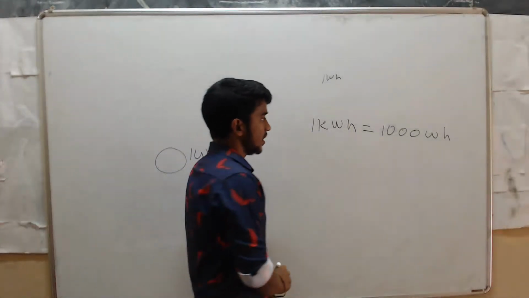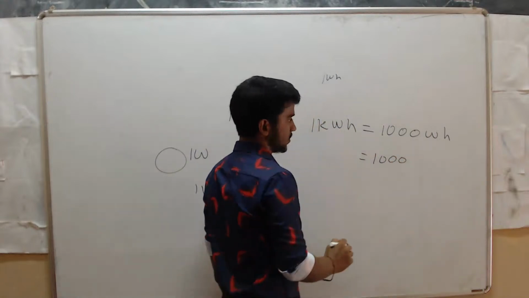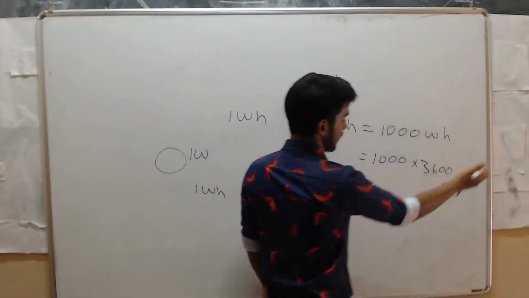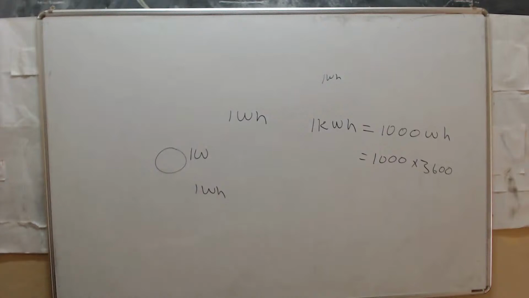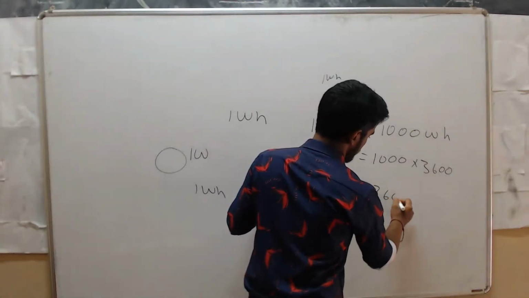Now we can write 1 kilowatt hour is equal to 1000 into 3600. So convert that hour into seconds. Clear? That is 3600. Okay, so then we can write 36